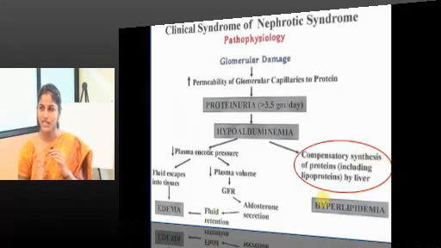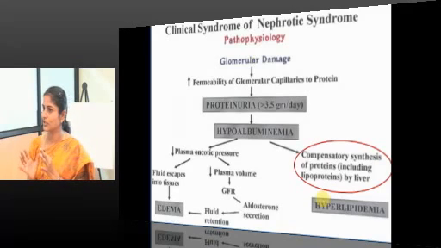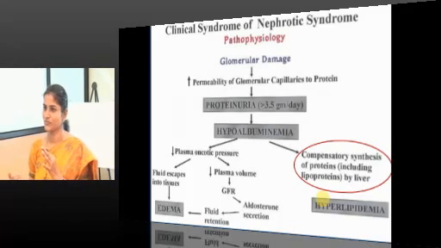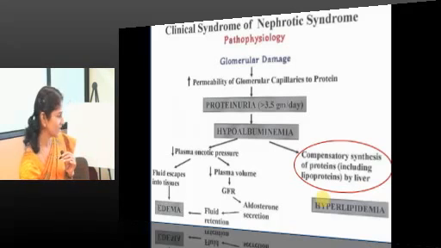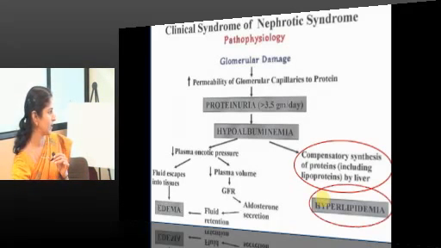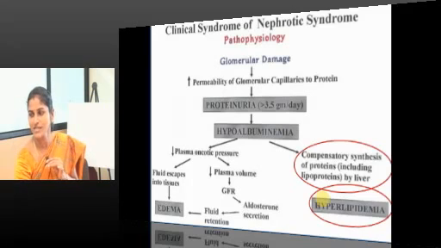In addition to this, which other protein's level will be high in nephrotic syndrome? Other than lipoproteins, another protein level will also be elevated in nephrotic syndrome. Good. So this compensatory increase in synthesis will contribute to hyperlipidemia and the resultant lipiduria and the presence of lipid casts.